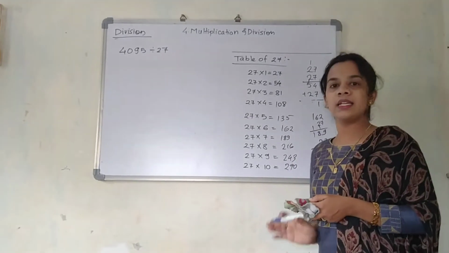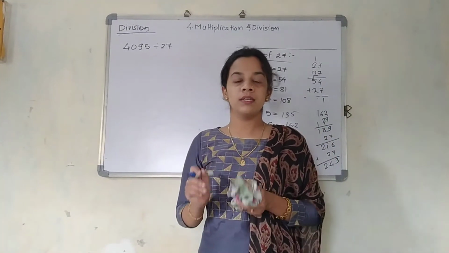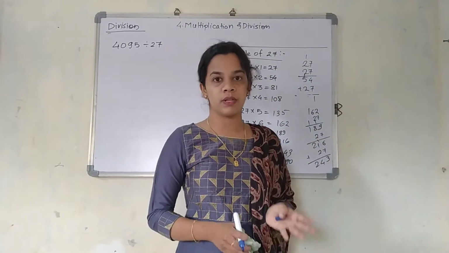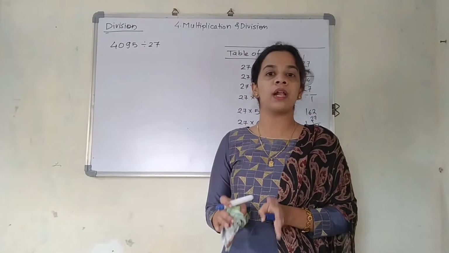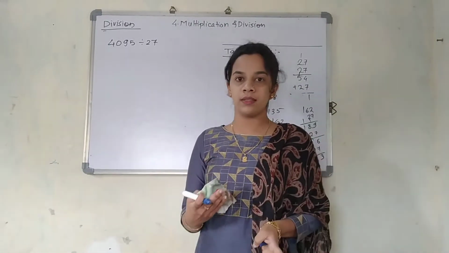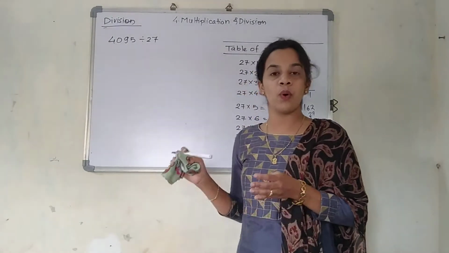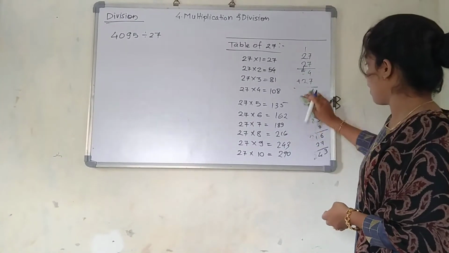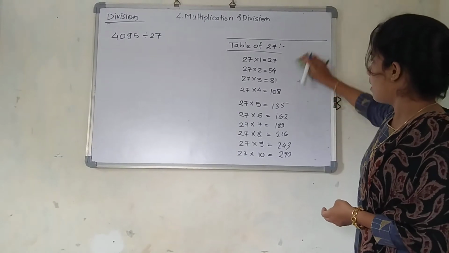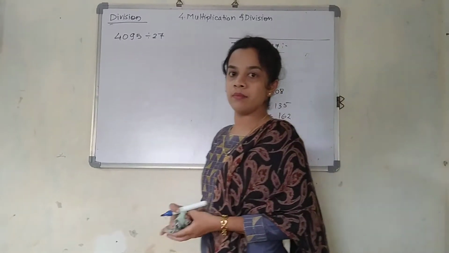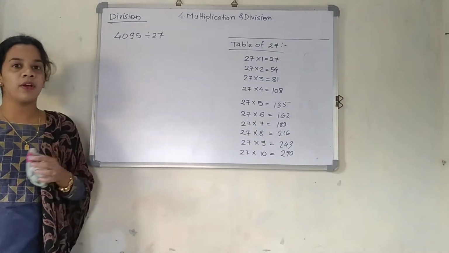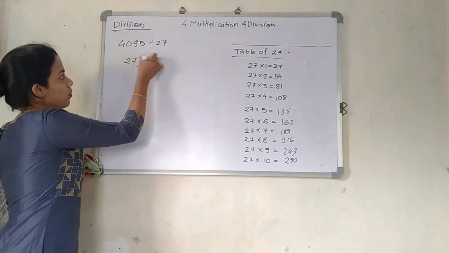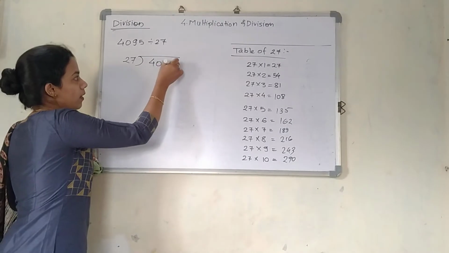Now this actually is the lengthiest method, but this is the one method which you can be reliable on. You can depend on this method during the time of your exam. Sometimes students forget the tables, so you can try this method. Why we are writing these tables, you will understand now. This all calculation, just rub it out, and now you can focus near the main sum, that is 4095 divided by 27.